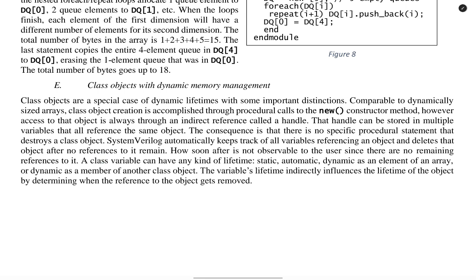remains. How soon after is not observable to the user since there are no remaining references to it. A class variable can have a lifetime of static, automatic, dynamic as an element of an array, or dynamic as a member of another class object. The variable lifetime indirectly influences the lifetime of the object by determining when the reference to the object can be